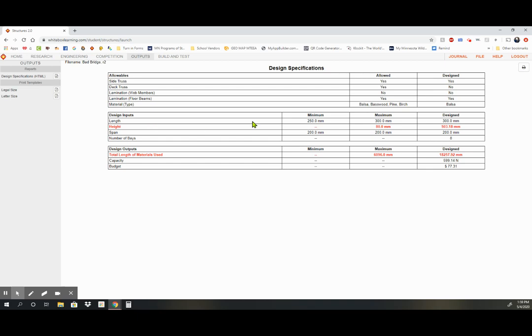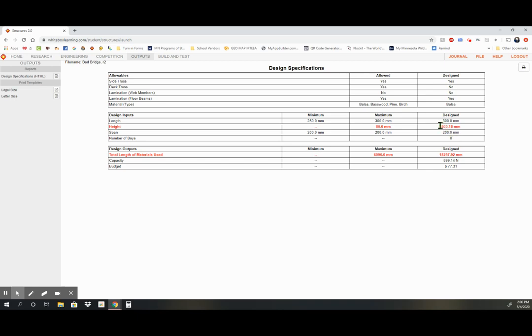Okay. Now we go down here where it's minimums and maximums. Let's just look at the length portion of this. My bridge length minimum is 250 millimeters. My bridge length maximum is 300 millimeters. The way I designed my bridge, it's at 300. So I am within my minimum and within my maximum. So notice it's red when it says height. Notice there is no minimum height, okay? But there is a maximum height of 80 millimeters. And notice where my design is,